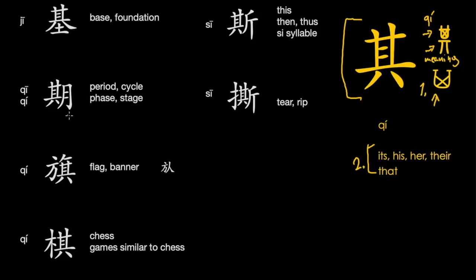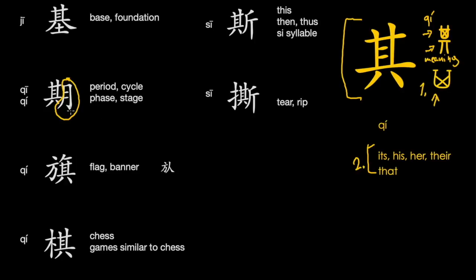The second character in the series, pronounced chi or qi in Taiwan, means period or cycle, phase or stage. For instance, in the word xingqi, pronounced differently in mainland and in Taiwan, which is week, as in 2 weeks, 3 weeks, this kind of a week. And the semantic element over here, the element giving meaning to the character, is the element on the right side,